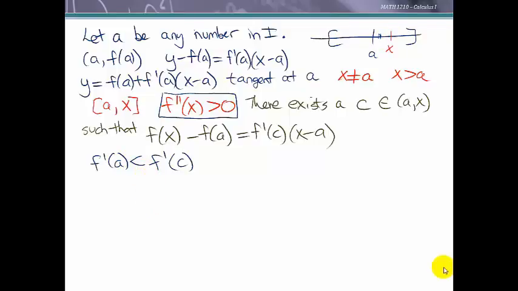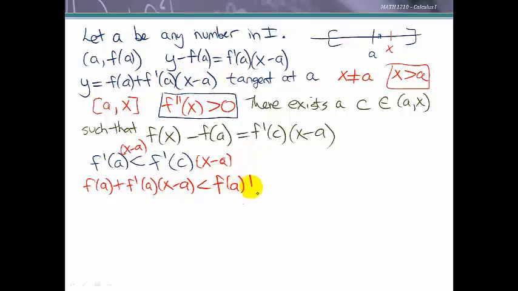I'm now going to multiply both sides of this inequality by x minus a. And this won't affect the inequality because I know that x is greater than a, so x minus a is a positive quantity. I want to do one last thing with this before I start substituting, and it'll be obvious why I do that when I do the substitution. So what I would like to do now is add f of a to both sides. So I've got f of a plus f prime of a times x minus a is going to be less than, we're adding f of a to both sides, so f of a plus the derivative at c multiplied by